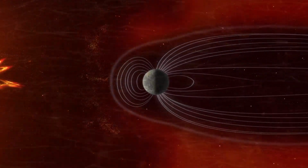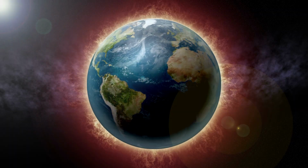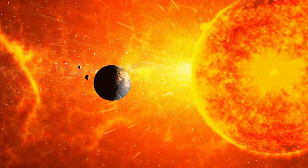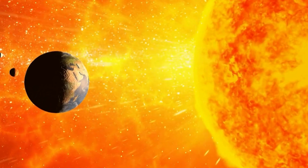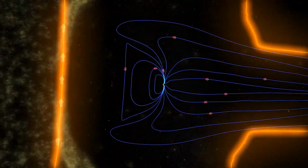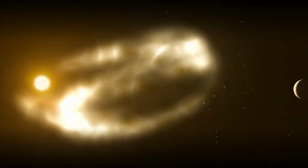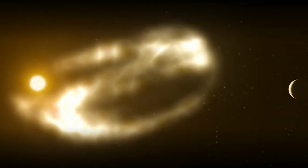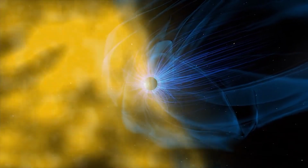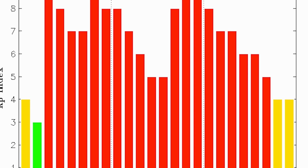This shield is important for protecting us from potentially harmful radiation from the sun and particles from space. Sometimes coronal mass ejections, external factors like CME, can disturb this protective shield. Now, a CME is a significant burst of plasma and magnetic fields from the sun's outermost layer, the corona. It can travel at a speed of 250 to 2,500 kilometers per second and reach Earth within 1 to 5 days. When a CME interacts with Earth's magnetic field, it triggers a geomagnetic storm, and we measure this phenomenon using